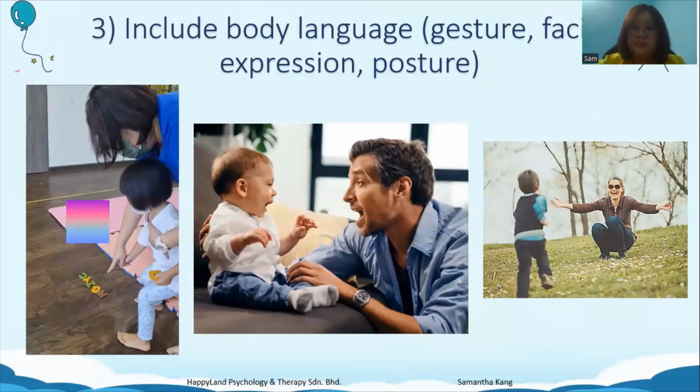And facial expression, we need to be alert of our own facial expression when we are interacting with the child, because sometimes, let's say we are happy, we need to make sure we are showing the correct facial expression. Like for example, if we are happy, the facial expression must be happy. Okay, we do not want to send a wrong message to the child. For example, maybe you say you're happy, but your expression is just like this. So it is not related. It doesn't tally with the words and your facial expression.